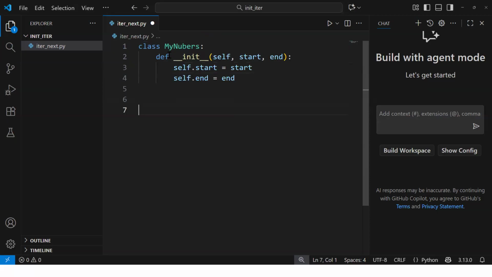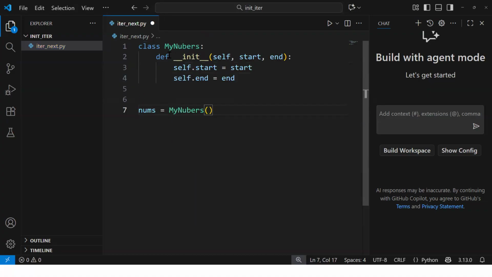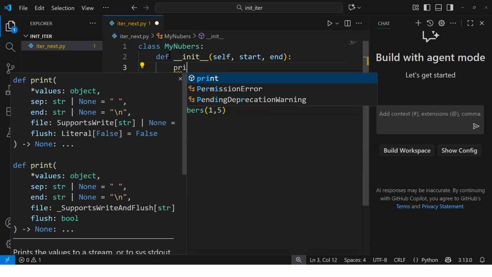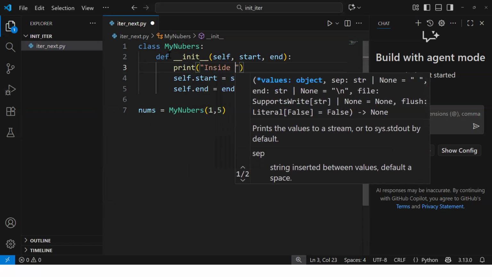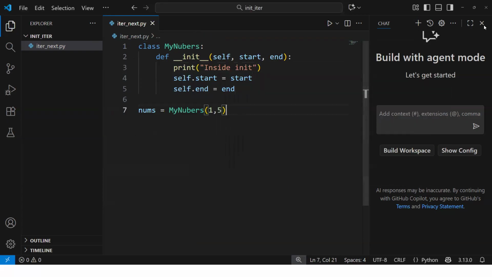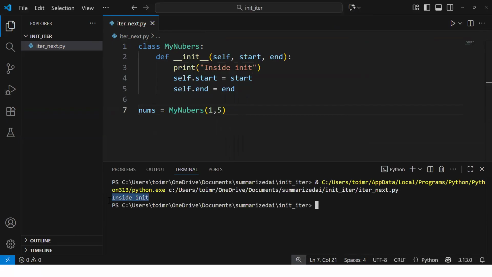Now let's create an object: nums equals MyNumbers, and then pass the start and end. So I'm passing 1 comma 5. Now let's try to understand this. And before understanding, let's run this particular code once. So I can say print and then say "inside init". Okay, let's execute. Now if I execute this code, you will see the init got called, but we